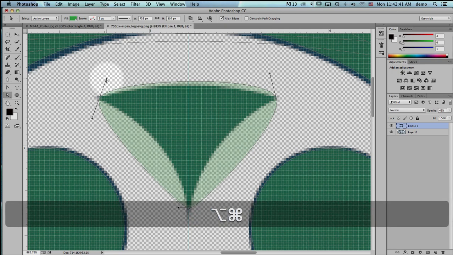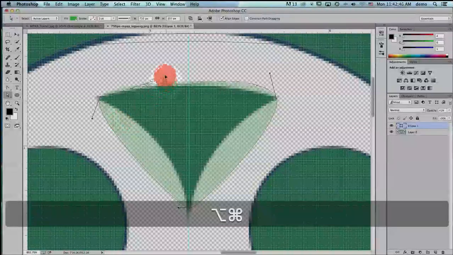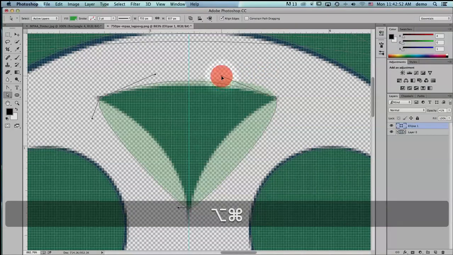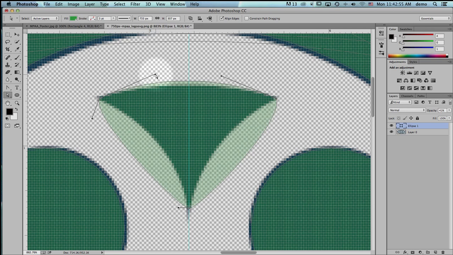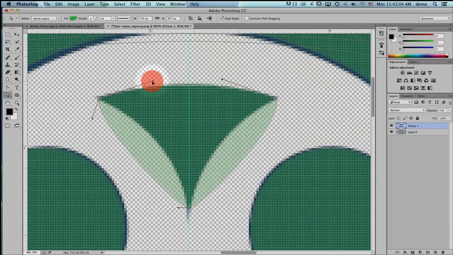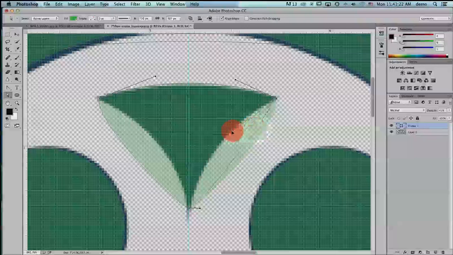Okay, and so now I'll click and drag. So now that breaks the handles, obviously, and I'll point one out about this far, and then I'll break this handle over here. And of course now that they're broken, I don't even have to hold down anything anymore. So I'll kind of bring this over here like this, and like so. Maybe down a little bit farther, and I'm trying to get the lines to stay just at the edge of the shape there. So this is going out just a little bit over here. That's okay. Now these handles are still broken over here, so I will bring this one down towards this way,